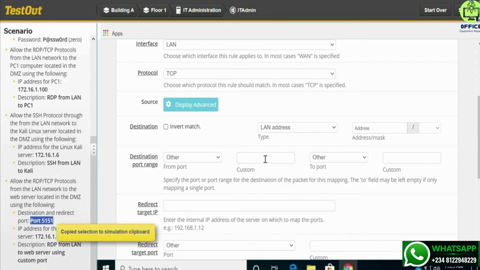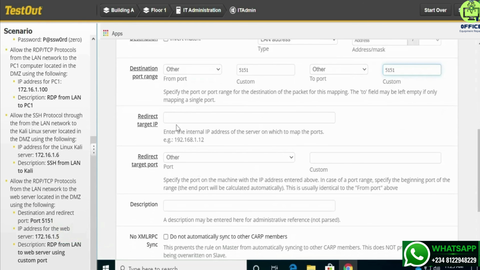So we just copy and paste it here. And redirect target IP. For the redirect target IP, this is going to be 172.168.1.5. So we just copy and paste because of time. We paste in here, and then